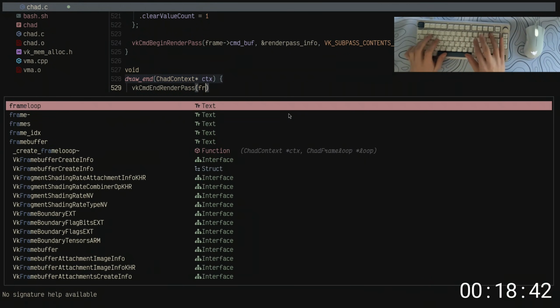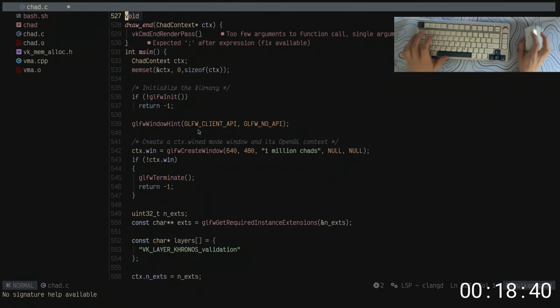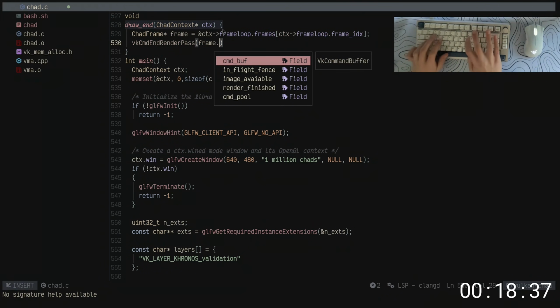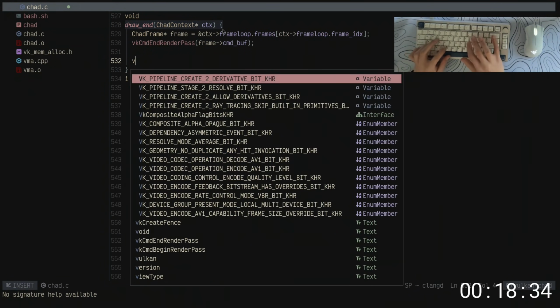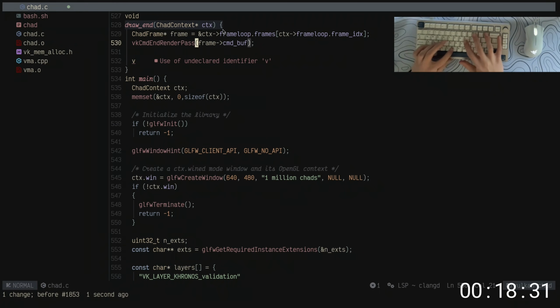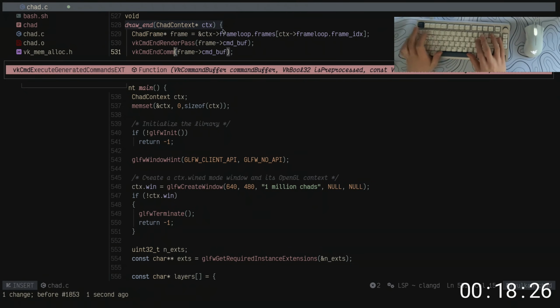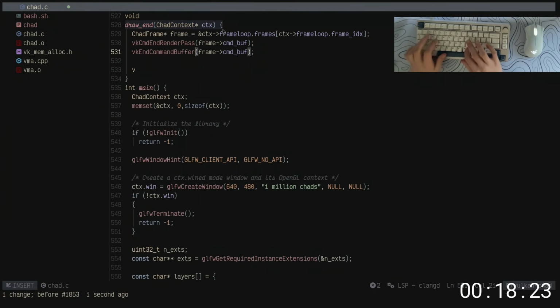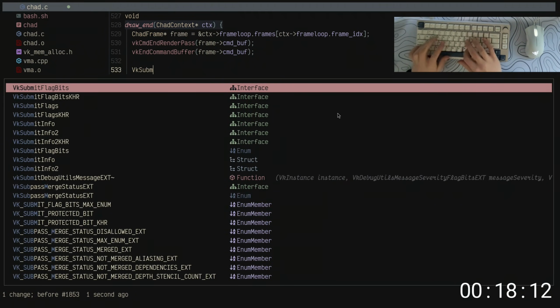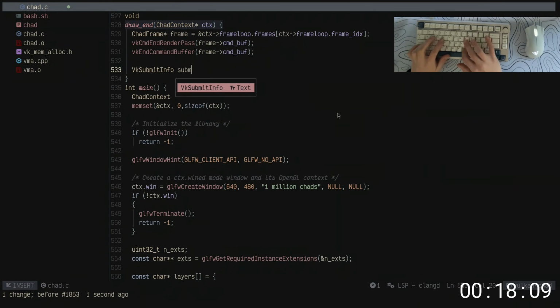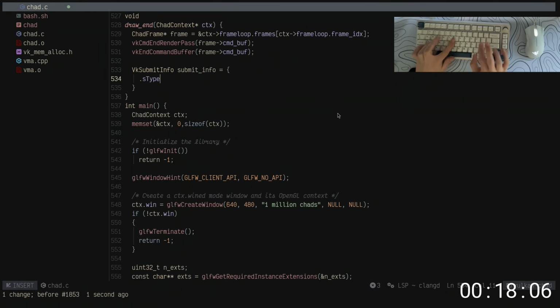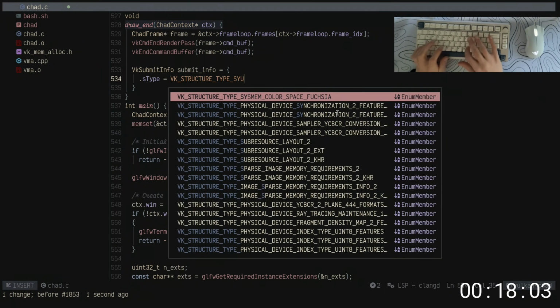With the frame, no, we need to get the frame. So with the frame command buffer, yes, it takes in the command buffer. vkEndCommandBuffer. End command buffer, yes. And then we want to submit to the graphics queue basically what we just did. And for that, we get the submit info, and it takes in stuff like sType, VK structure type, submit info,